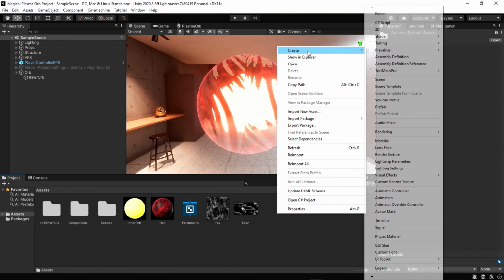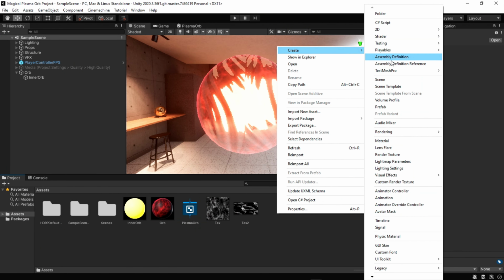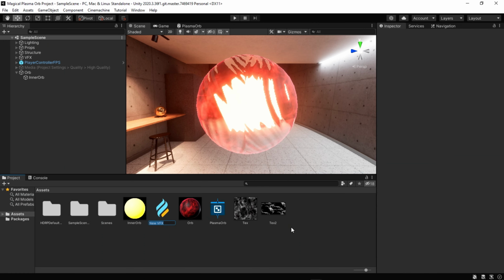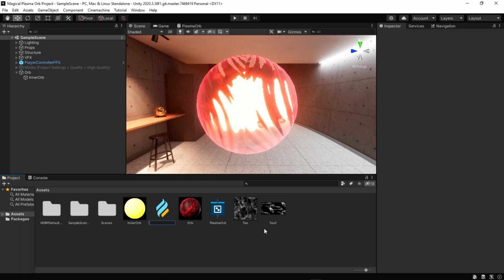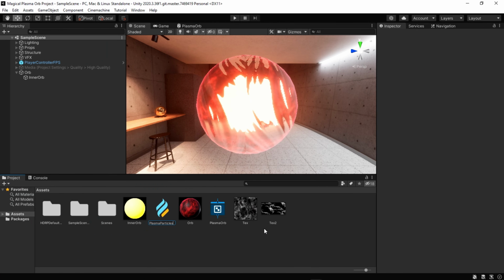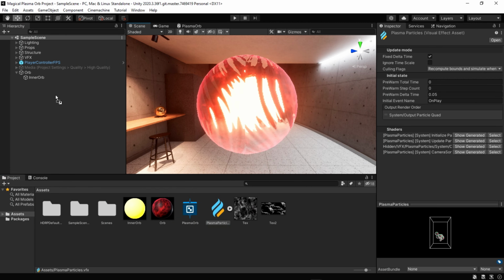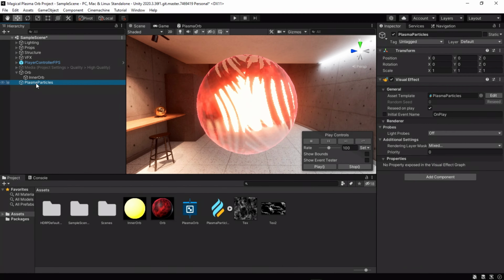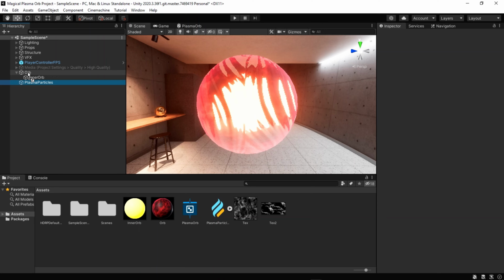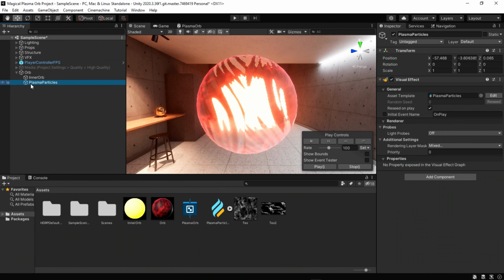By adding a visual effect graph, we can have more interesting to have some sort of like electricity moving around it or something like sunrise. So let's create one. If you haven't visual effect graph, you can add it in the package manager. Then drag it into the scene and make it the child of our sphere.